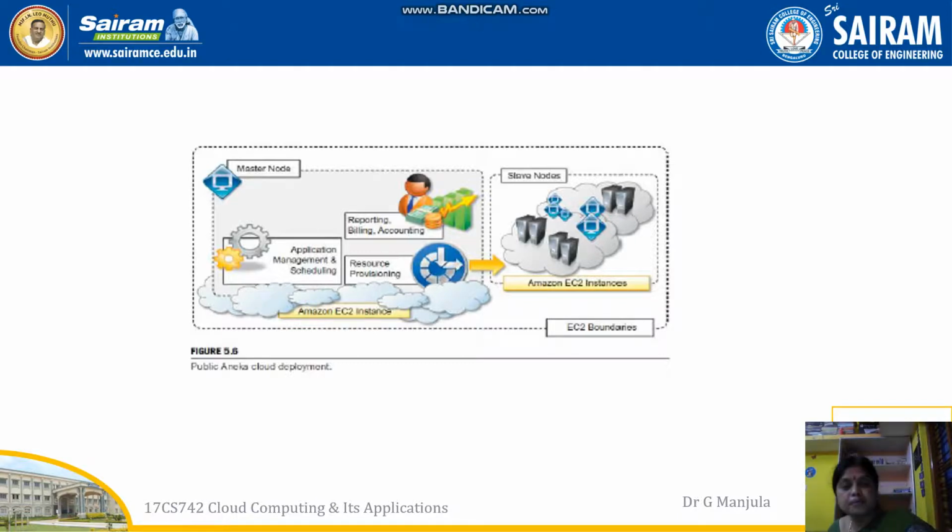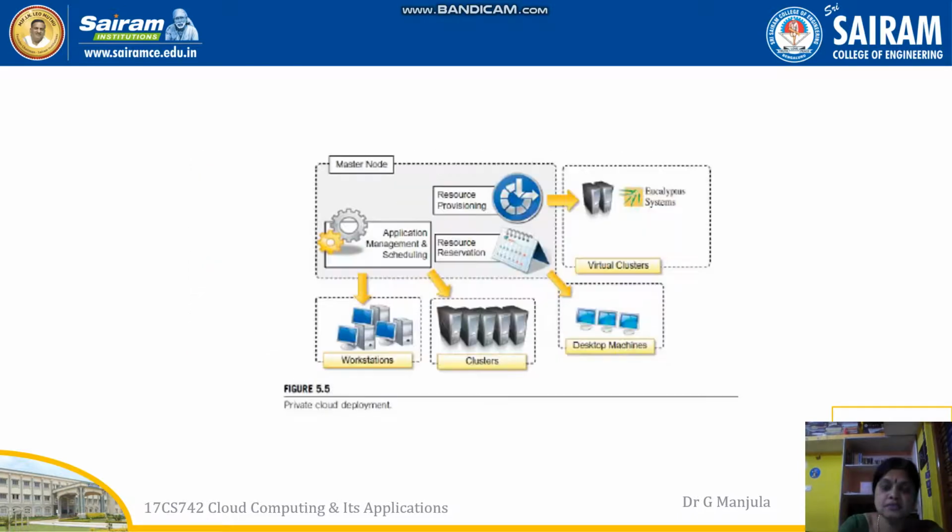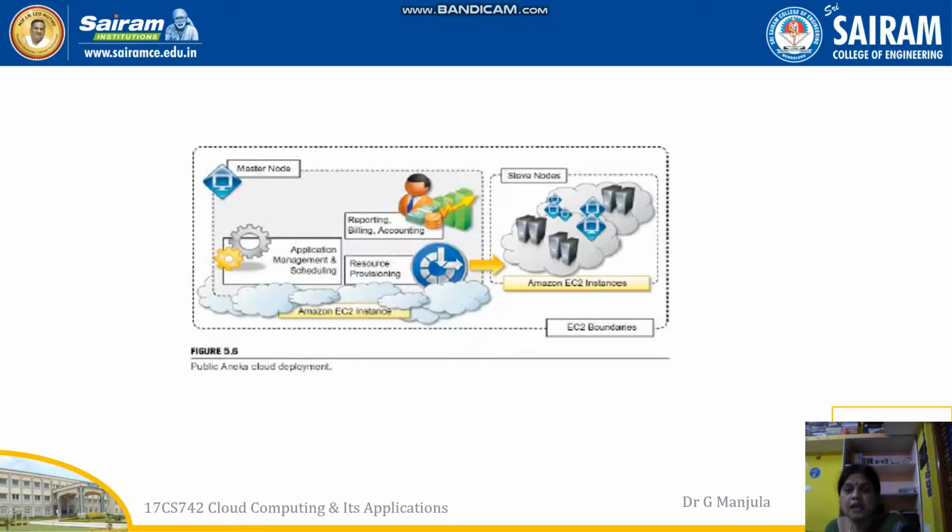Now if I talk about a public cloud deployment, what is happening? You can see there is a master node and a slave node. The master is fetching the data from the slave node. Here they have taken the vendor as Amazon EC2 instances. So there is a different way of extracting the deployment or the data from the information. Now you must know, I will just review the previous diagram, what is meant by a private cloud deployment and what is meant by a public cloud deployment, especially in an Aneka cloud.